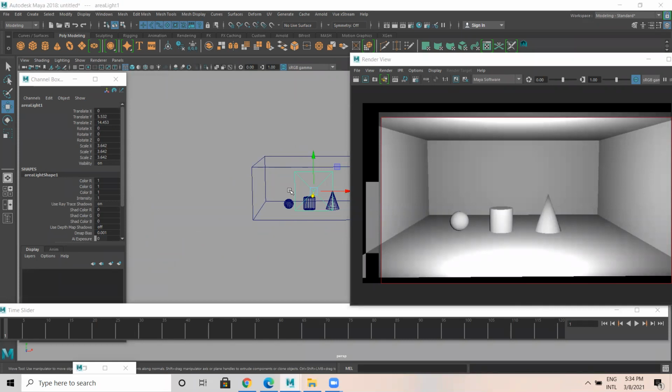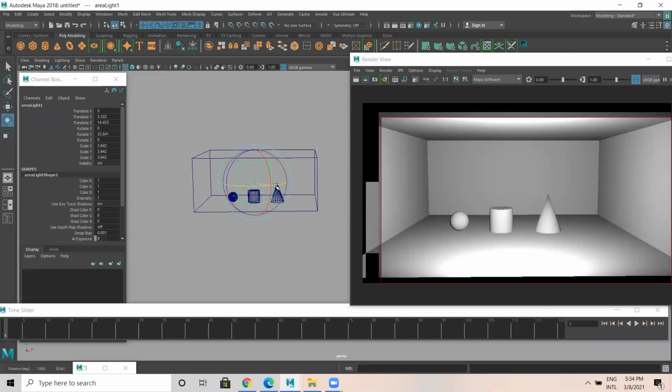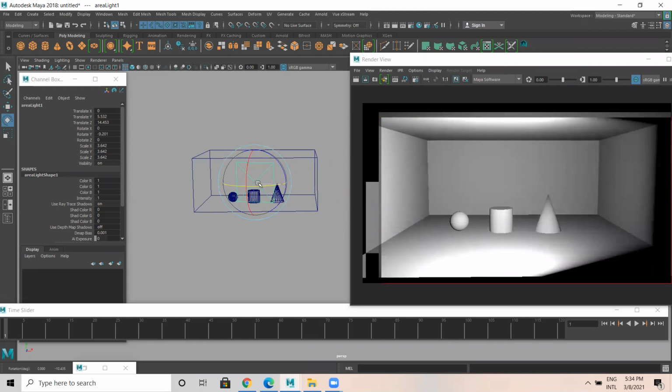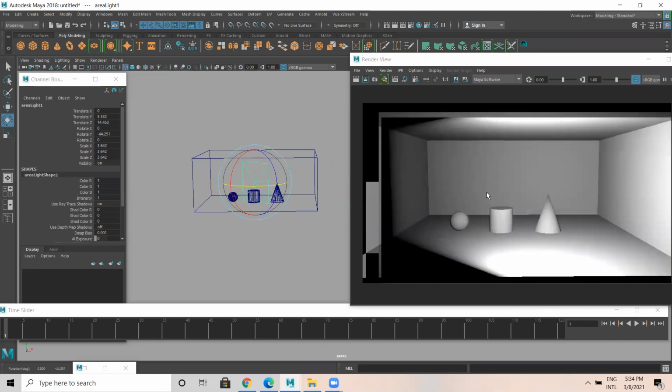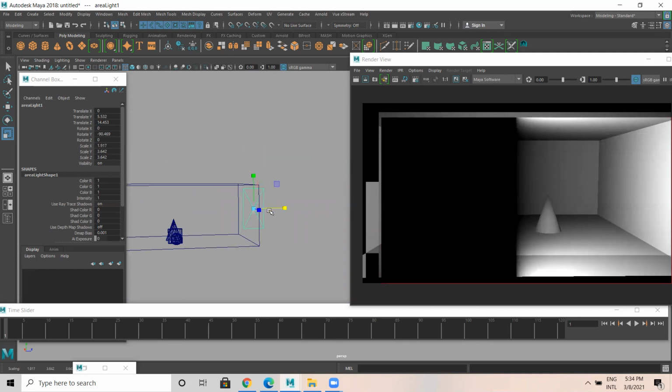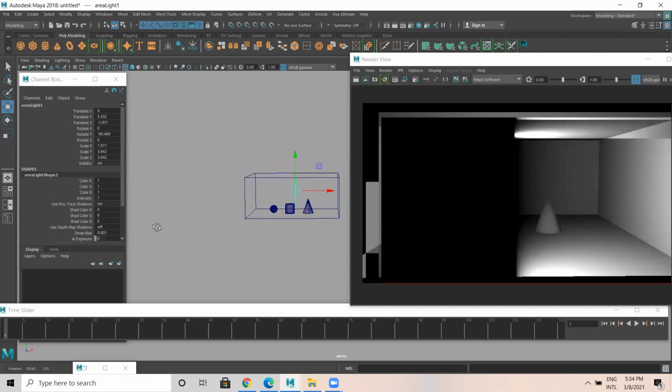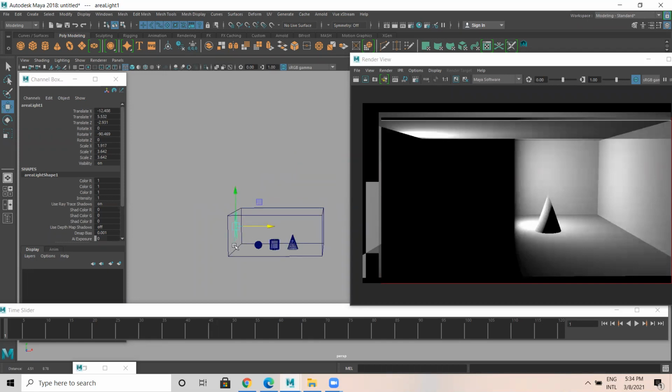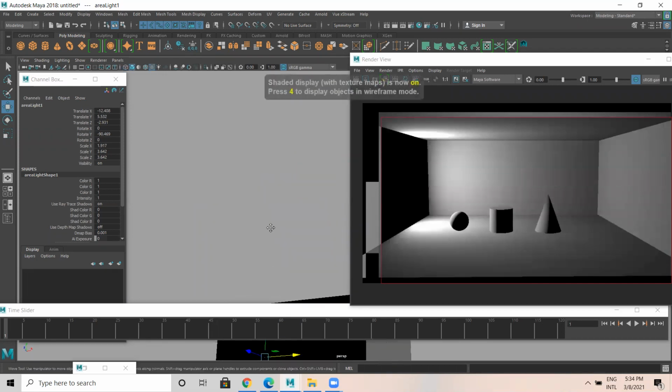If I rotate this, the light direction is going to change. So you can use this even for a TV or from a window. If some light is emitting from a window, you can use this. Assume there is a window here, in this particular corner. In that case, you can rotate this like this, and I'll just place it here, somewhere like this.